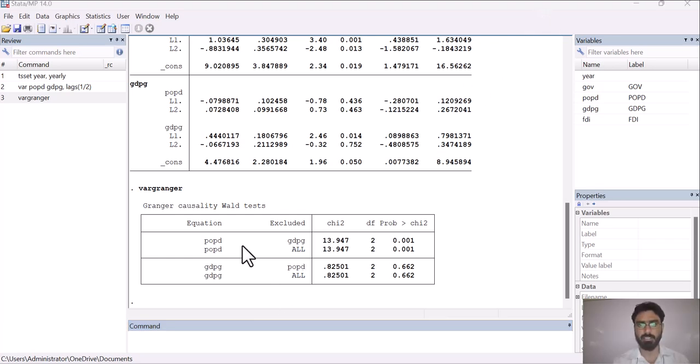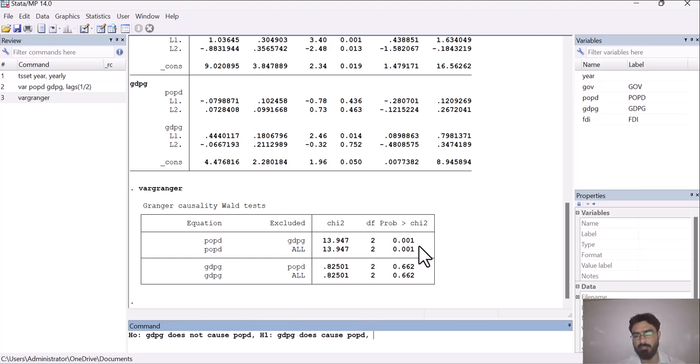So the null hypothesis for this particular model will be H naught: GDPG does not cause POPD, and H1 is GDPG does cause POPD. So these are the null and alternative hypothesis, and we have to see this p value.